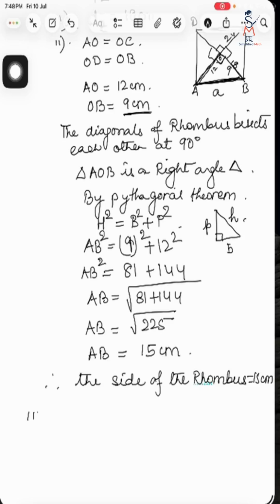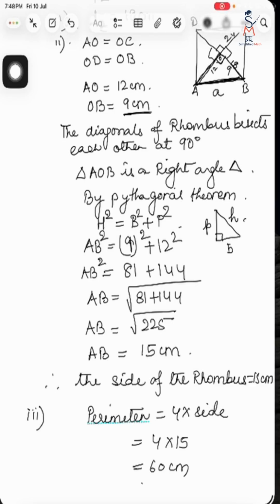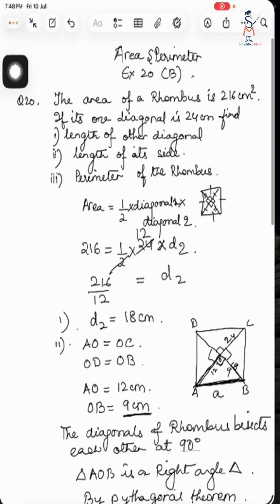Now the third one is find the perimeter. We know all the sides of the rhombus are the same. So what is the perimeter of rhombus? 4 into side. 4 into 15, that is 60 centimeter. So this is how we calculate all the